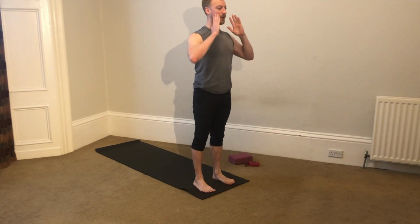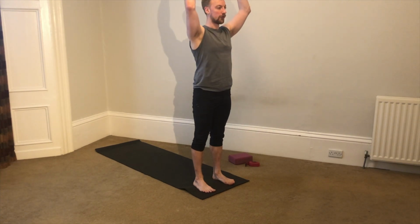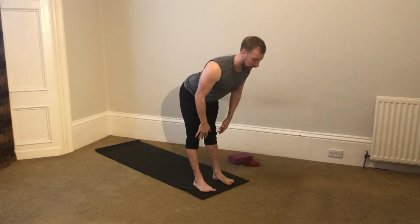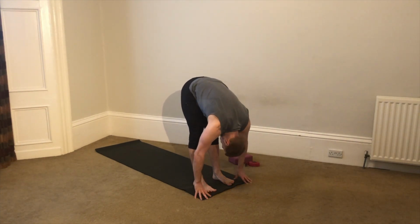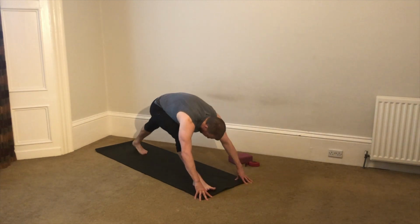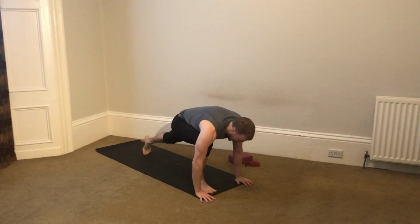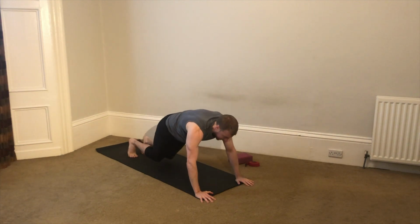Then take a slow breath in, release the arms up, draw the shoulders down the back. As you exhale, take the hands down and fold forwards over straight legs. On your inhale, stepping left foot back, left knee down, top of the left foot on the floor, reaching up through to lunge. As you exhale, taking the hands down, stepping back through to plank position, then lower the knees,